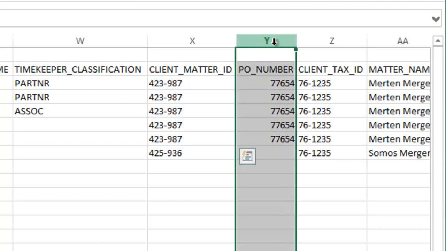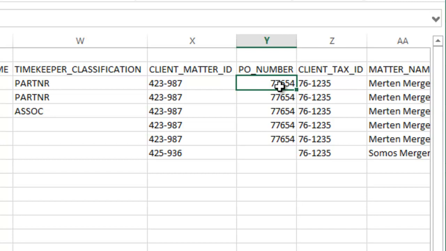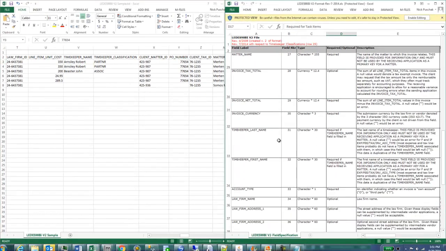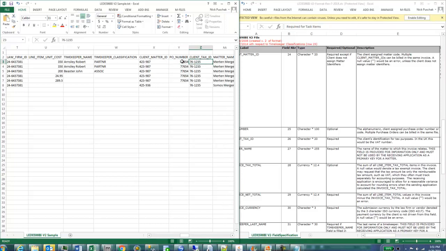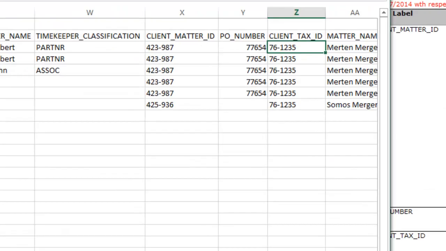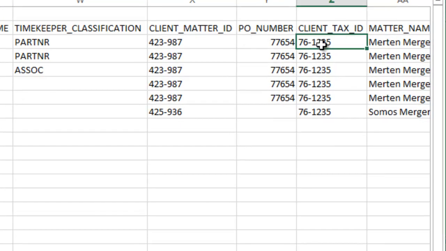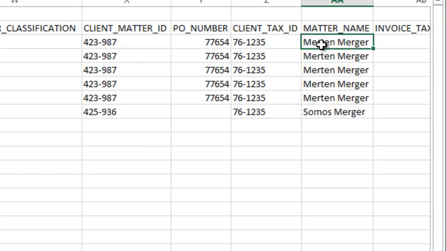Now, starting with column Y here, these are the new fields that the LEDES 98BI for international information have added. So first we have, let's scroll down here. So here's the PO number. It's a purchase order number if a purchase order happens to be used, clearly optional. Client's tax ID. We had the law firm's tax ID, and this would be the client's tax ID. And then we have the matter name,